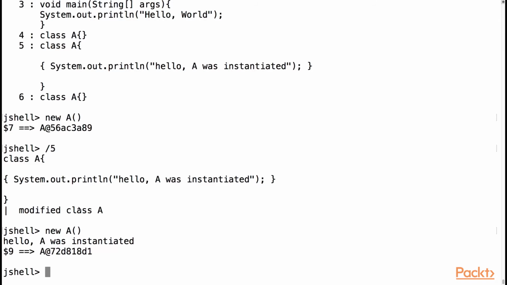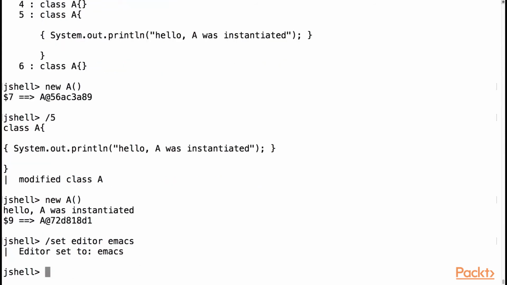Don't be freaked out that I was using VI. In JShell we can use any editor. To do that, we can use the command set editor, and we can just put here any command that starts up on the machine, which is an editor. So let's say that I want to use Emacs instead of VI, but you can use just any editor, Notepad if it's on Windows, whatever. And then the editor is set to Emacs, and then if I want to edit the snippet, let's say number 5,